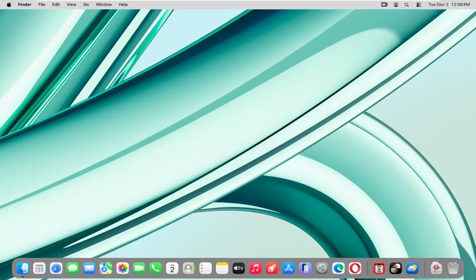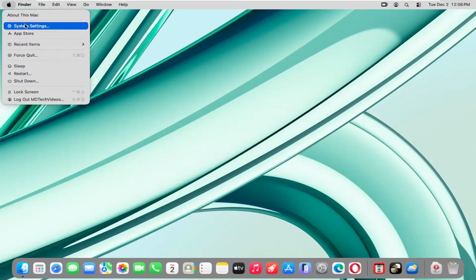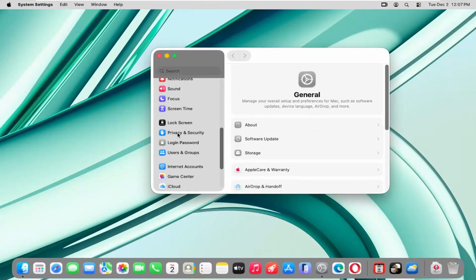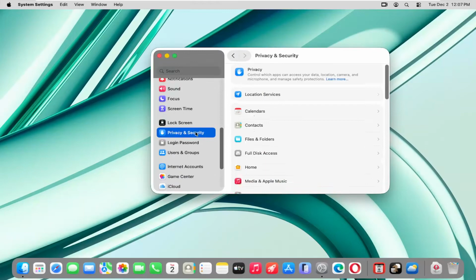So all you have to do is select the little Apple icon up in the menu bar, and then you want to go down and select System Settings. You want to select on the left panel where it says Privacy and Security. And then on the right sidebar, you want to locate where it says Camera